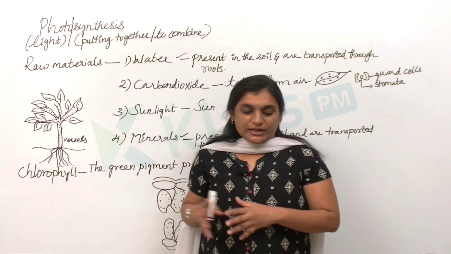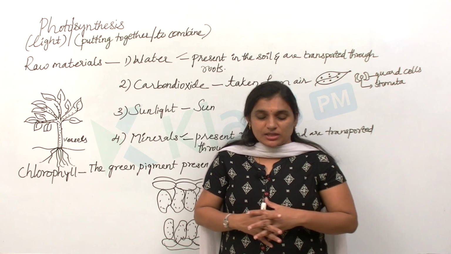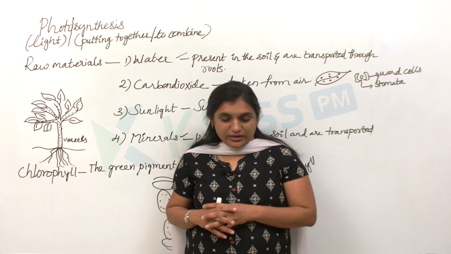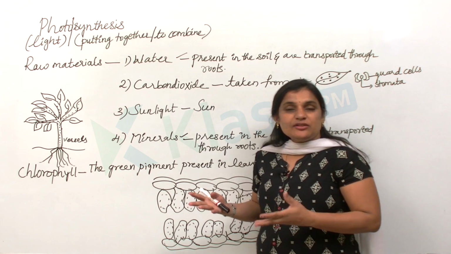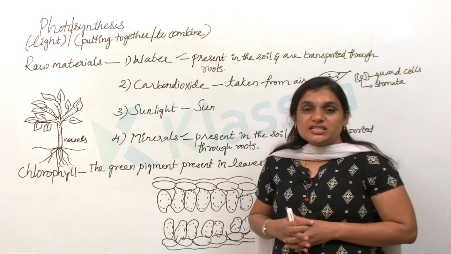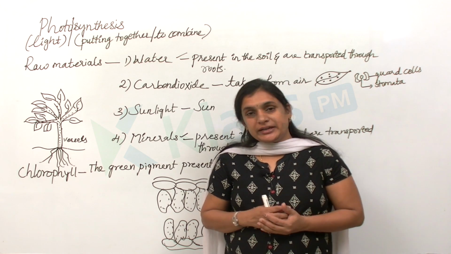So all living organisms, besides oxygen, which is essential, it is also needed for the survival of all the living organisms. And in the absence of photosynthesis, life would be impossible on earth. So photosynthesis is one of the essential life processes, because we are all dependent directly or indirectly on plants,